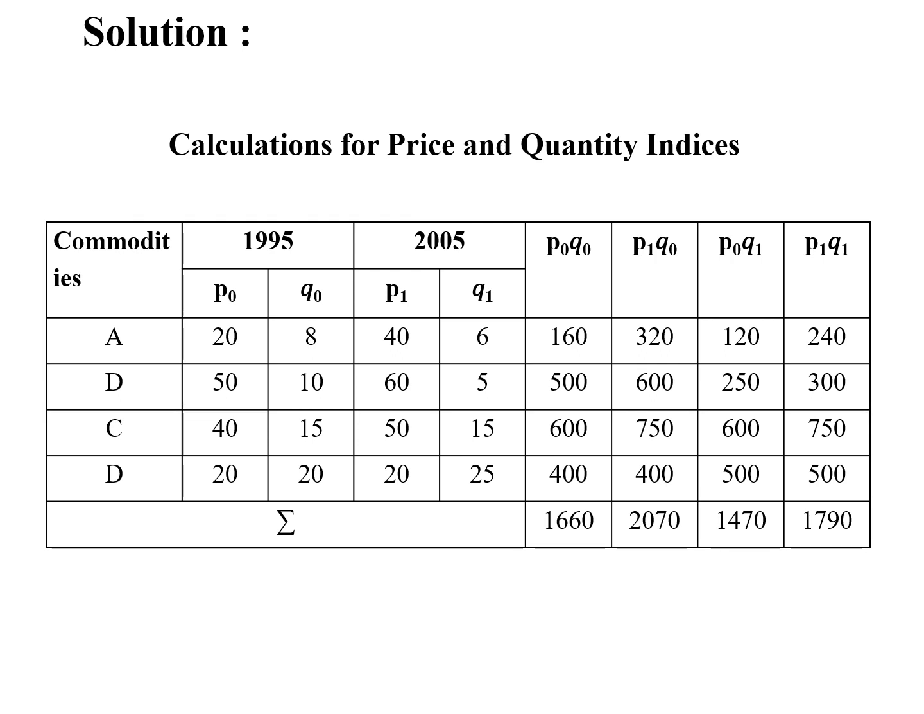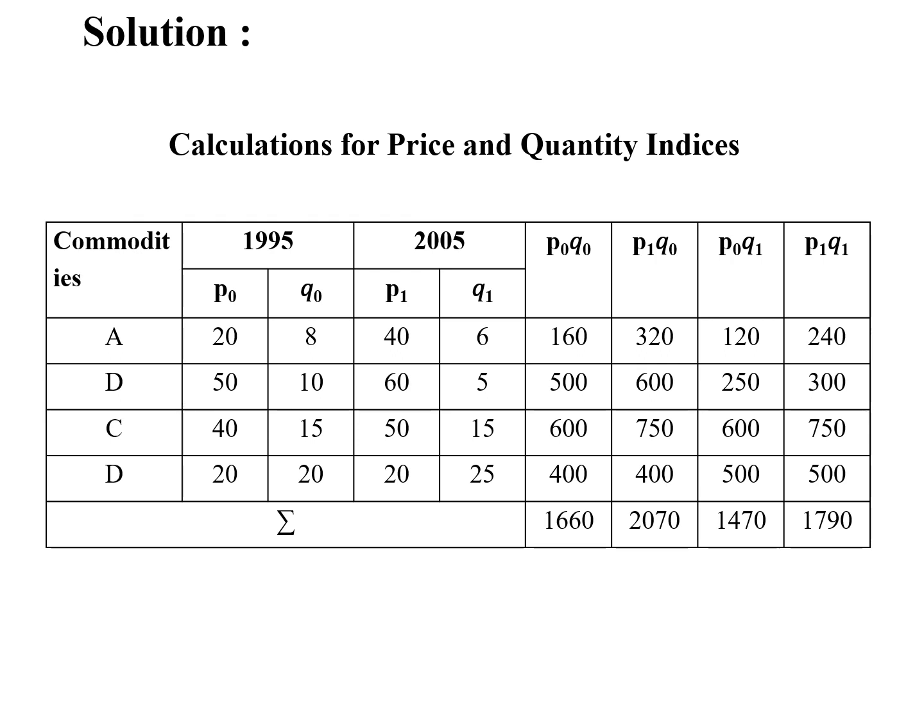Now what next we are doing? Next, sum this P naught into Q naught. So adding all the values, what will we get? 1660. For the sum of P1 Q naught, 2070. Then the sum of P naught Q1 values, 1470. Then the sum of P1 and Q1 value is